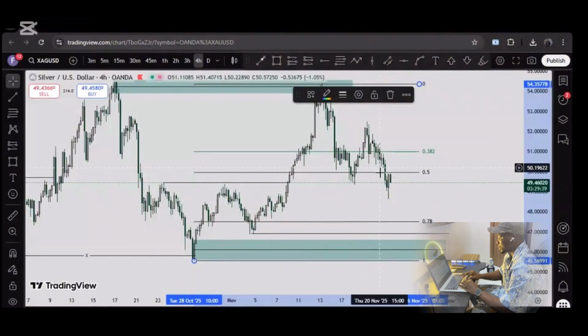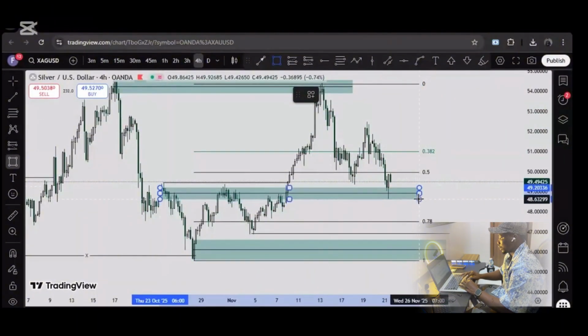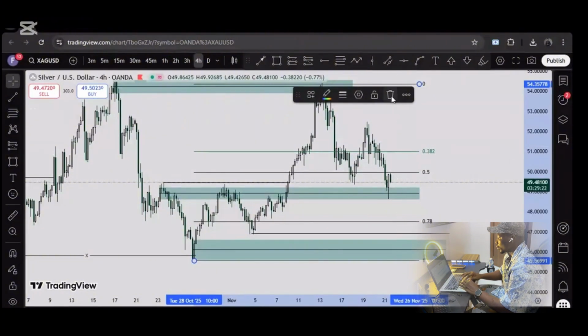I needed something to break this 50% level, then come over to this breakout block. This breakout block you can see here. That was my anticipation that okay, the market comes back to this breakout block. But what I just need is just 3 hours, nothing more. So when I see that,